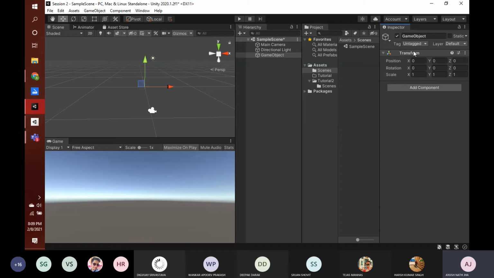So you can never ever separate this thing from a game object. A game object is never truly empty. It has at least this transform so that you can actually define where it is in space. Now we have this game object. Now let's see how we can change this game object to, let's see, create a sphere, right?